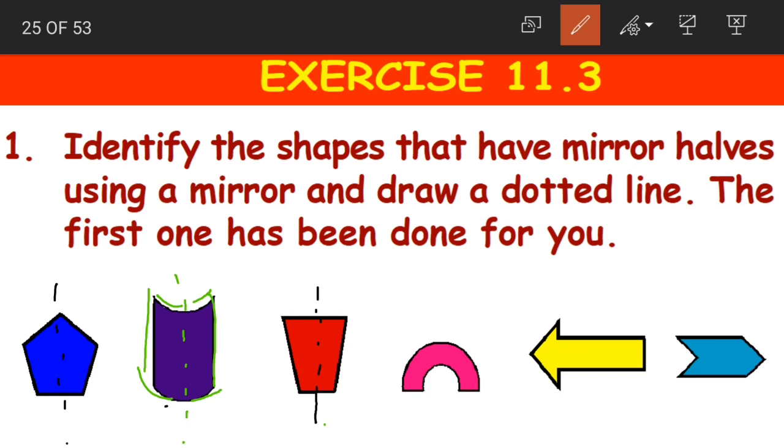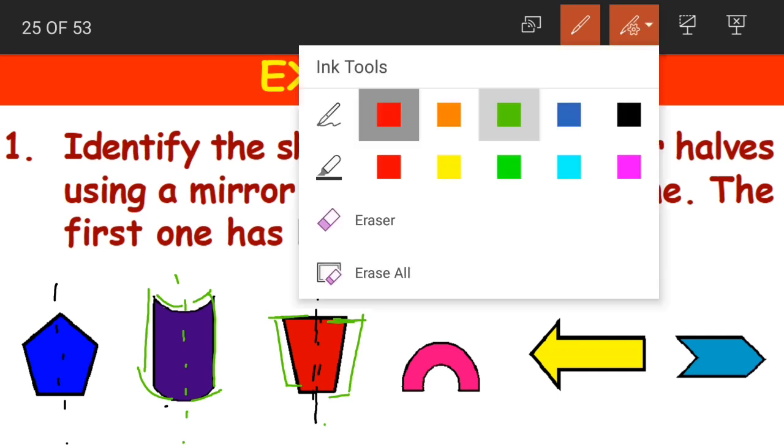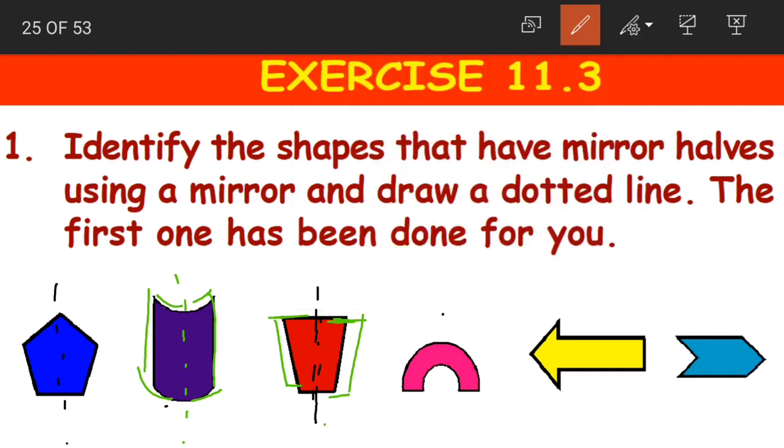the dotted line or the line of symmetry becomes the one in the middle. Again, even for this, if you observe, it is our line of symmetry. See, the object is the same, both the halves are identical. So this line in the middle becomes our line of symmetry. So even for the next shape, this is our line of symmetry.